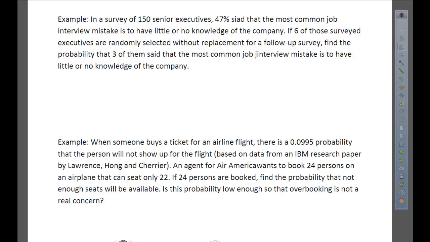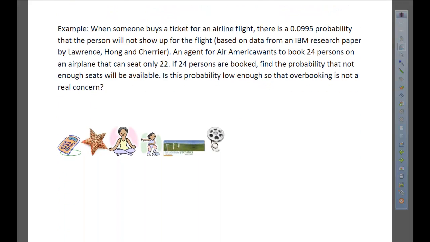The ticket one. Okay. All right, when someone buys a ticket for an airline agent, there is a 0.0995 probability that the person will not show up for the flight, based on data from an IBM research paper. An agent for Air America wants to book 24 persons on an airplane that could seat only 22. If 24 persons are booked, find the probability that not enough seats will be available. Is this probability low enough so that overbooking is not a real concern? Okay, well, let's find out. I guess it depends on who you ask. But anyway,